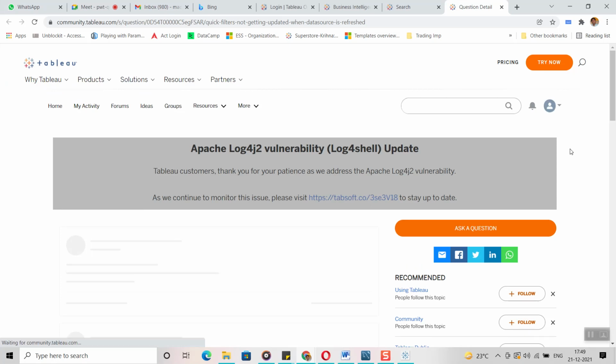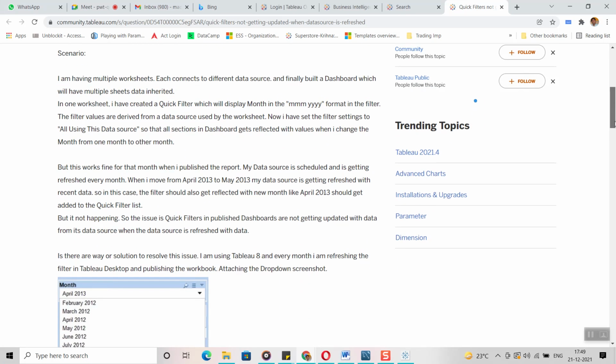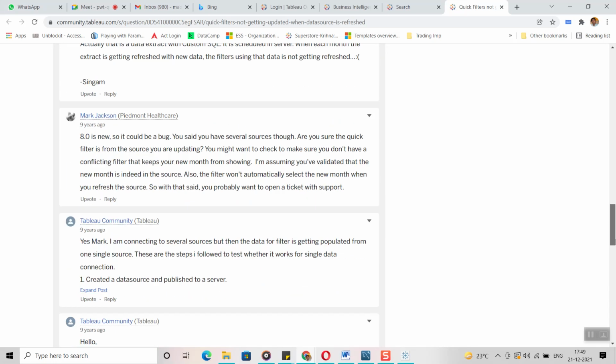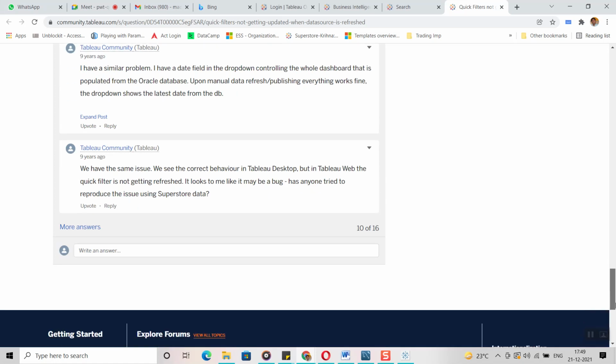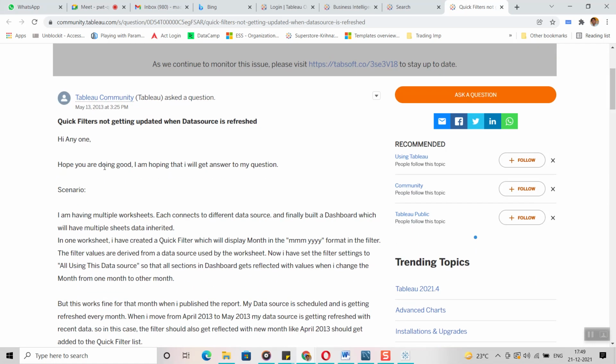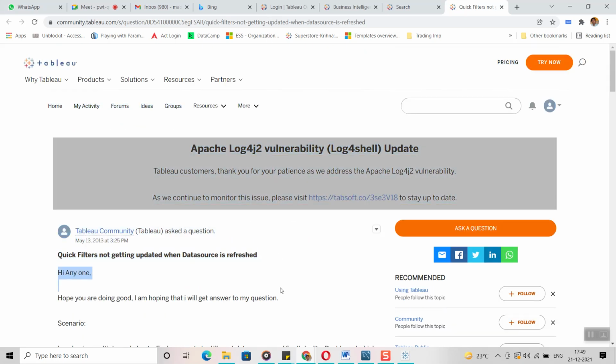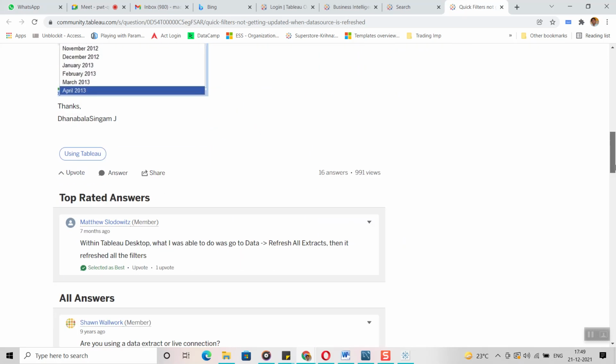Now if you click on that link, you are going to get different comments by different people. You can see that different people give different comments, and you have to read them. First, you have to read the scenario to understand the exact issue here. Then you have to try from your end. Then if you are not able to, only then you can go for the solution that the others suggest.